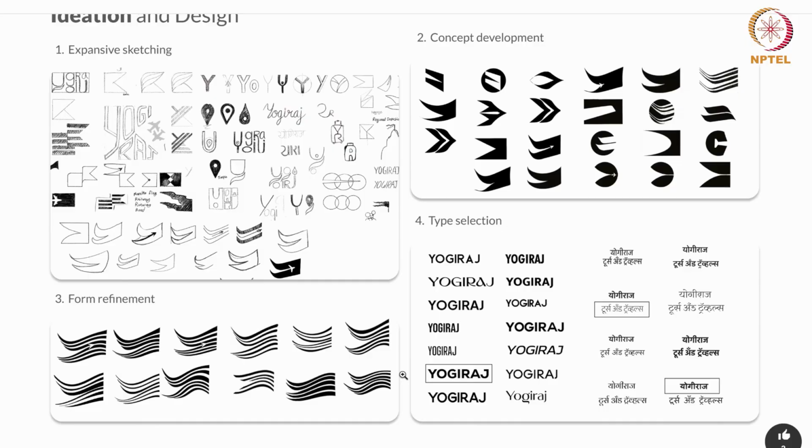So I can also see you have worked on typography and brand mark, right? I can see here some of the elements are associated with typeface, some with brand mark, and again you can see the word Yogiraj has been part of your explorations. And suddenly I can see a shift from this point, where you have taken into consideration the anatomy of a flag, and that too one associated with most of the temples. You can see some flags associated with that. What made you use this form in terms of representing the brand identity?